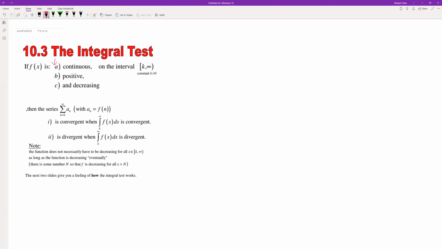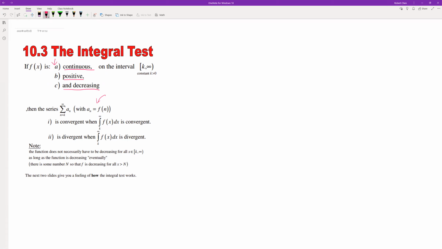must satisfy these three conditions. First is continuous, positive, and decreasing, on the interval k to positive infinity, where k is some positive constant. Then we can say that the series, which is the sum of all the sequence, and the function is basically the sequence, is convergent when the integral going from k to infinity is convergent, and it's divergent if